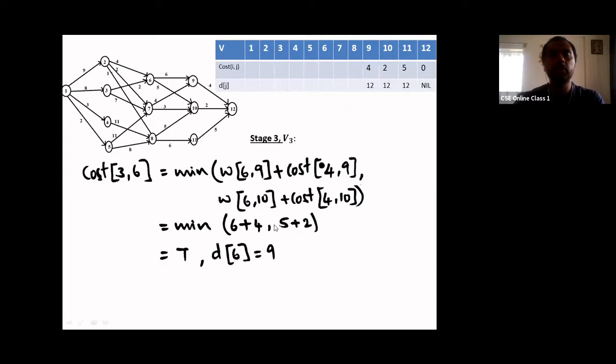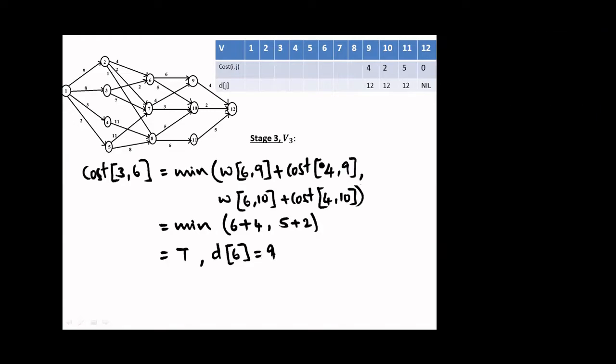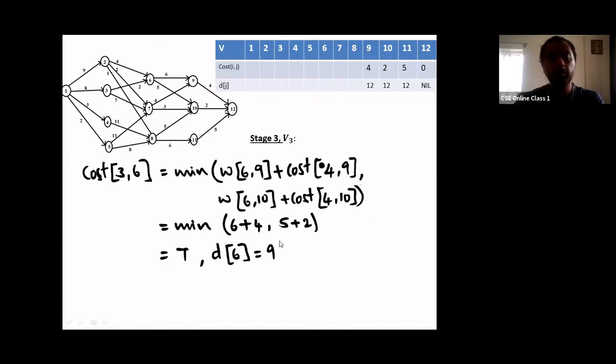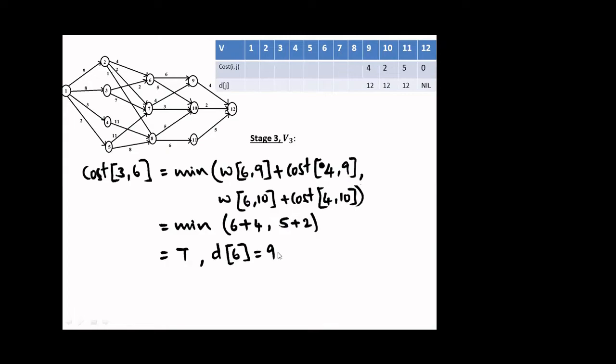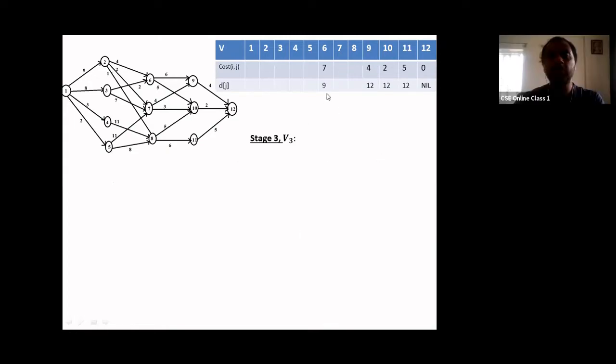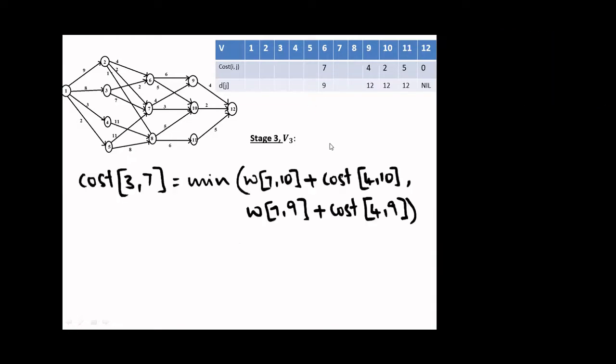So this is the path if you are at stage 3 vertex 6. Accordingly, the next node which we need to connect is the least one. The least one is the second part, that is 10. So D of 6 has to be 10. Yes, it has to be 10. So there is a mistake. It is not done deliberately, but it is a mistake. Fine. So we need to update this as 10.